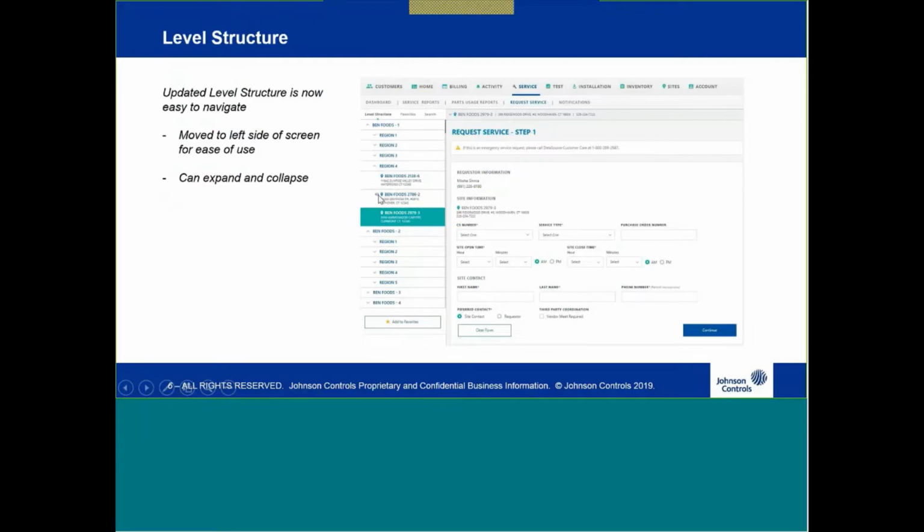There's new icons. So this little icon here, an eye with a line through it, means it's a non-monitored site. So it's a site that's there for service only of another system, maybe video or access control. And it's pretty cool. So this here is actually the service request web form, but it shows up wherever you need